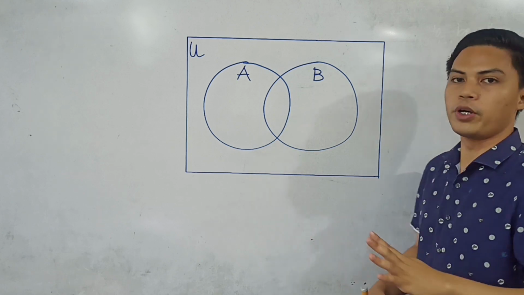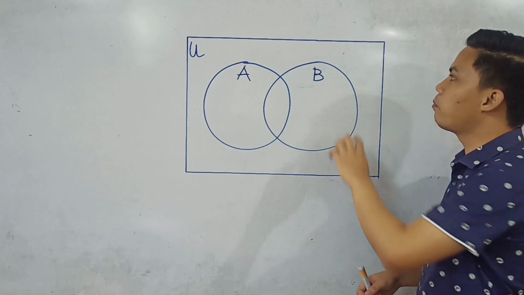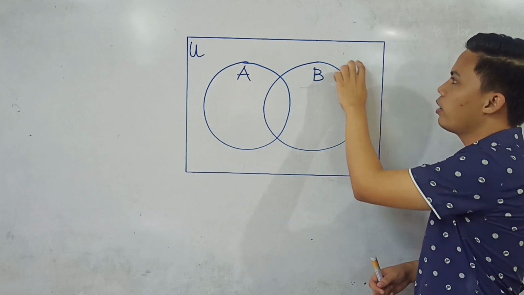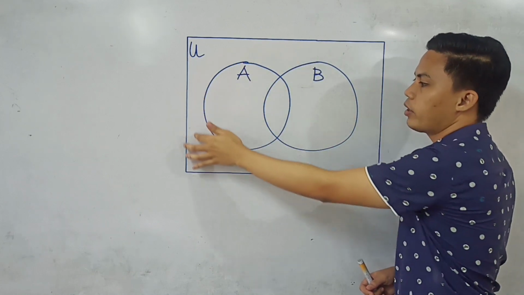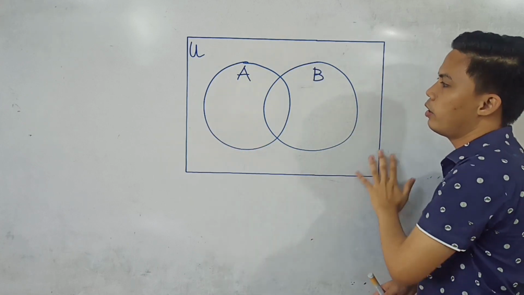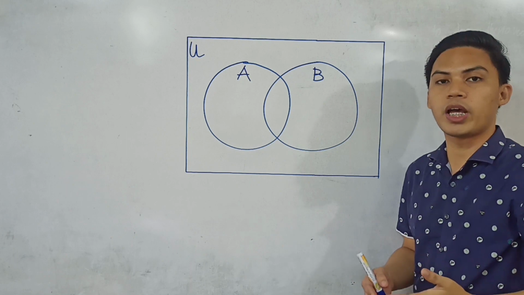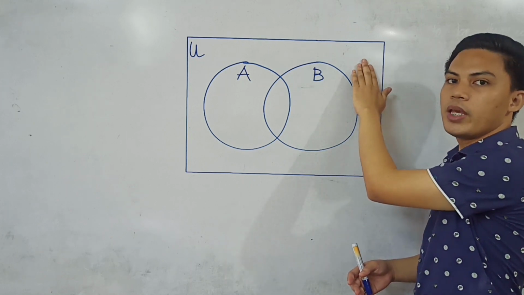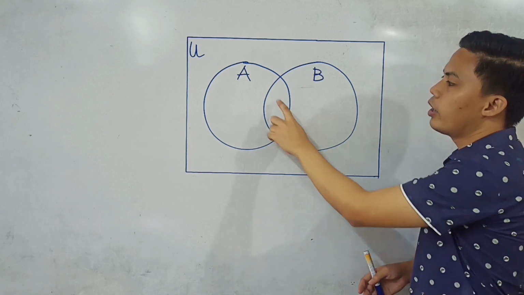Now we have four. The first one is yung nasa labas ng dalawang sets natin. Okay, dito sa labas ng circles o sa part ng rectangle. Okay? Yung rectangle represents our universal set. Okay, so again, this is the first region. Yung second region naman is itong